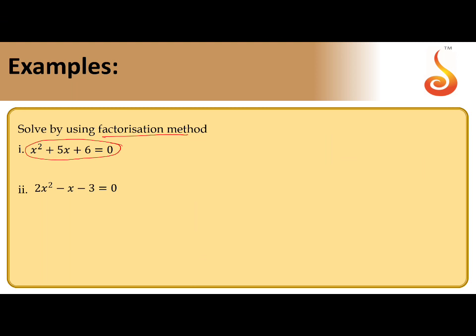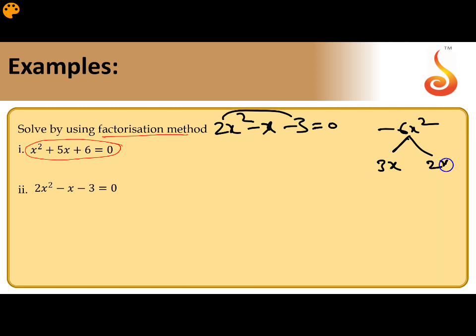What is second example? 2x square minus x minus 3 equal to 0. So now same method you can follow. Multiply 2x square with minus 3, that is minus 6x square. See the difference of before and this one. Before plus 6x square, now here minus 6x square. So same thing, you can take factors 3 and 2 only. So I want minus x required, means keep minus for 3x and plus for 2x, so that we will get minus x. If you take plus 3x minus 2x, you will get plus x. That's the reason we take minus 3x and plus 2x.